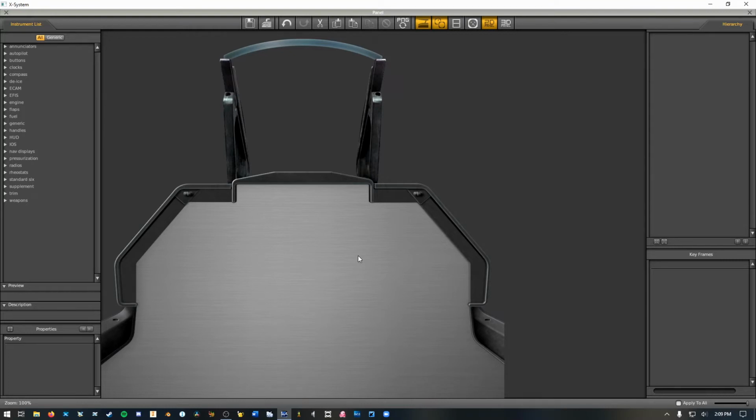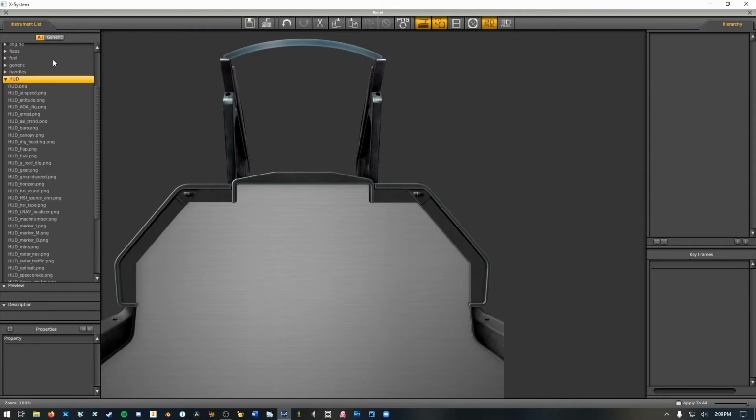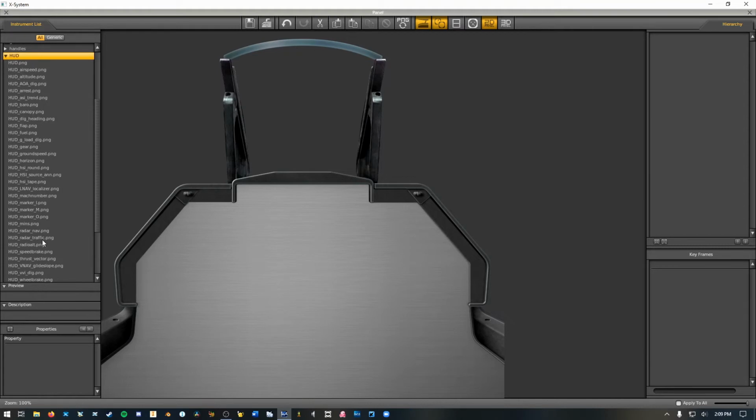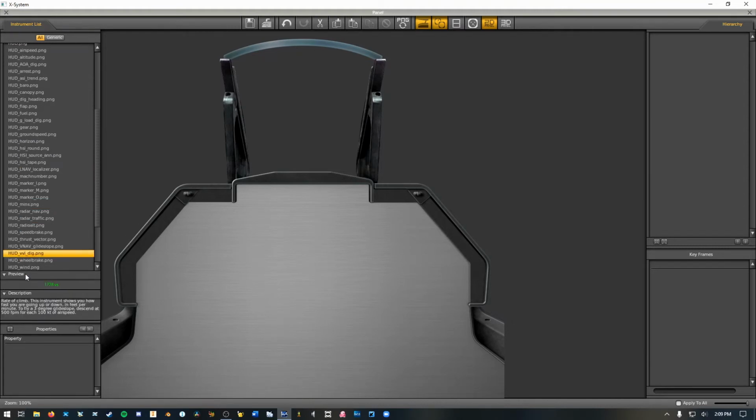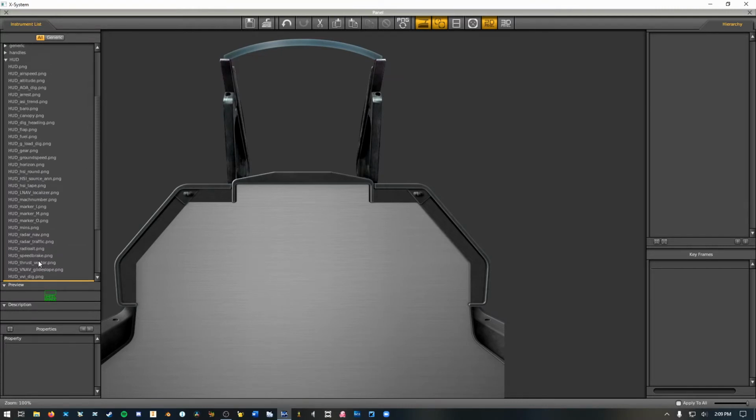So just as an example of how this entire interface works for creating instruments, I'm going to show you how to make a heads-up display. What you're going to want to do is open up the HUD drop-down menu by clicking on this little arrow, and then you get a whole bunch of different instruments here that all end in .png. So the interface is very, very simple for adding an instrument. You just click on the one you want, and then you just drag and drop it onto where you want